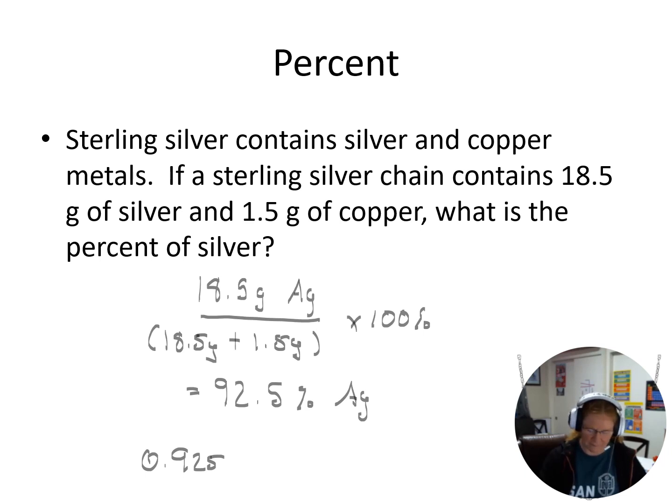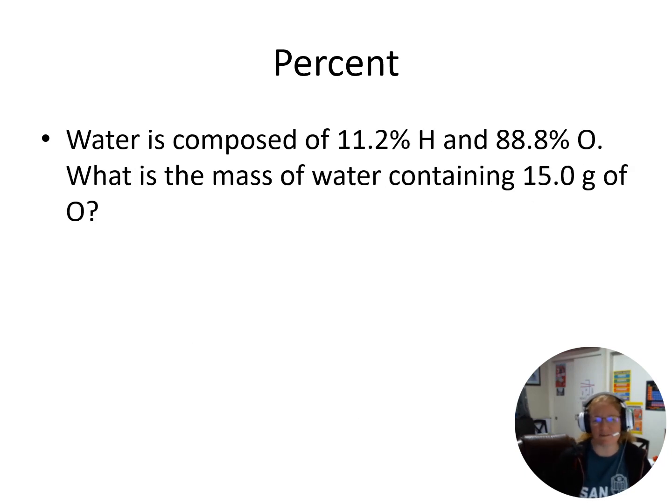Okay. All right, now, how do we utilize percent as a conversion factor? Again, what we understand about percent is it's mass of part over mass of whole times 100. So when I have a sample of something, if I know the percentages, what should the percentages add up to? They should add up to 100%. So if I have a whole sample, I should have 100%. So what if I just have 100 of something? If I know something like 11.2% hydrogen or 88.8% oxygen, what I can say is